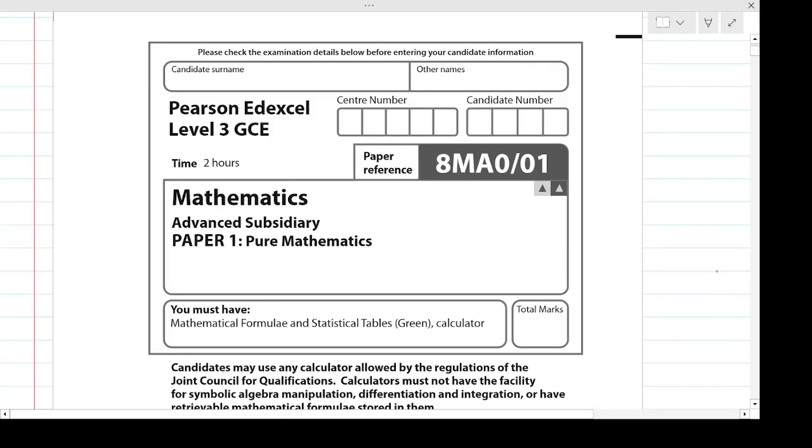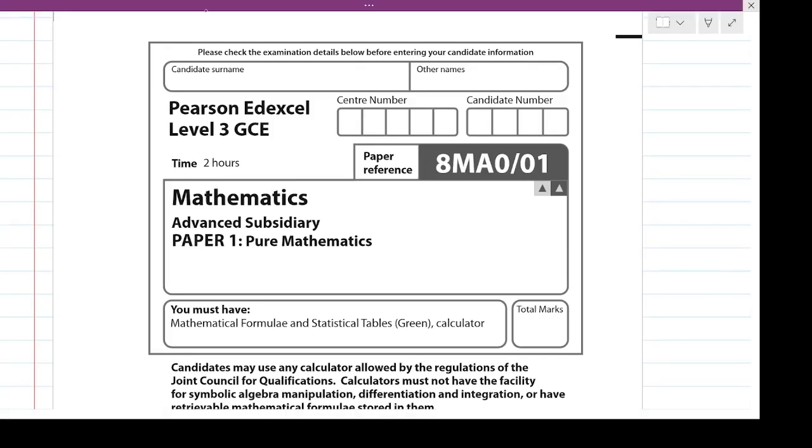Hello, so in this video I'm going to go over Edexcel Year 1 A-level Maths, the 2021 paper, the pure paper, paper 1, October 2021, okay? And I'm doing this in supplement to the videos I've done on the topics that I've covered for AS